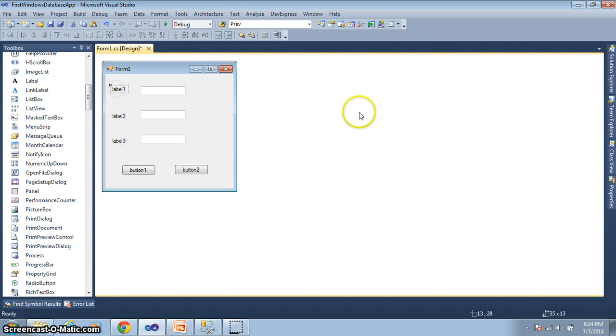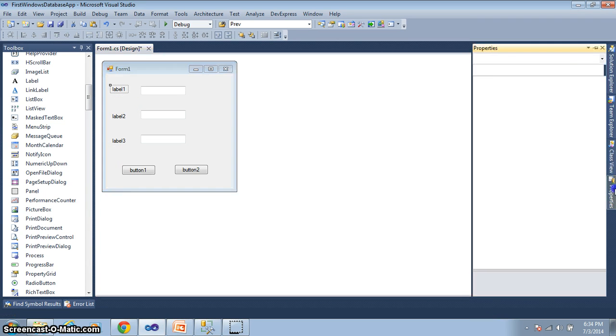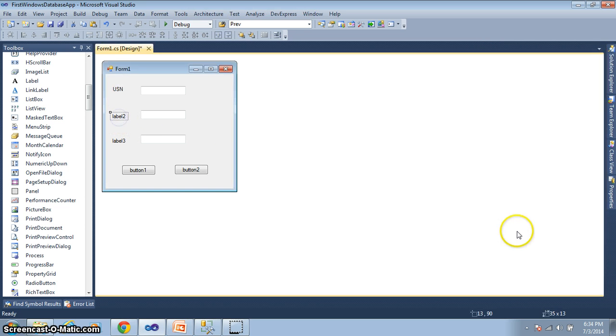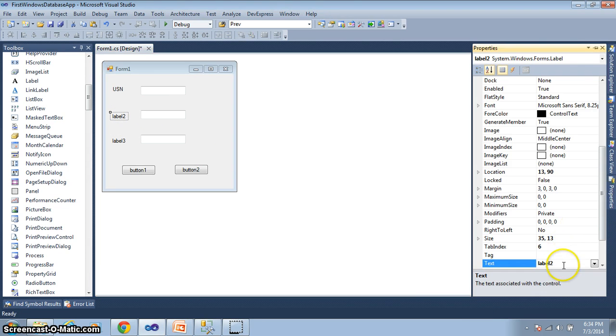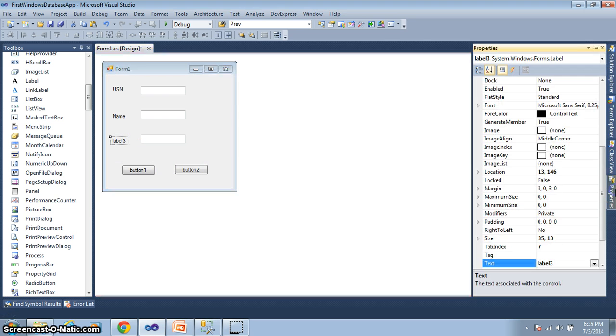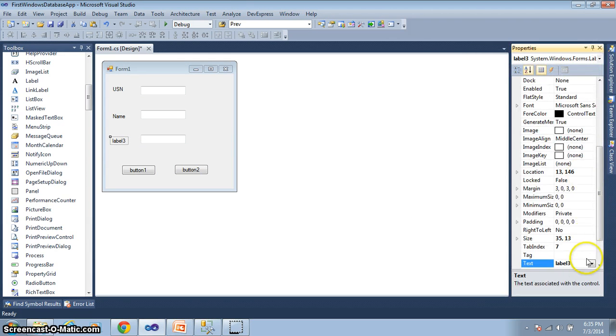Then we'll go with renaming the properties. Say I would like to call this USN. Then let me call this name. Then age.